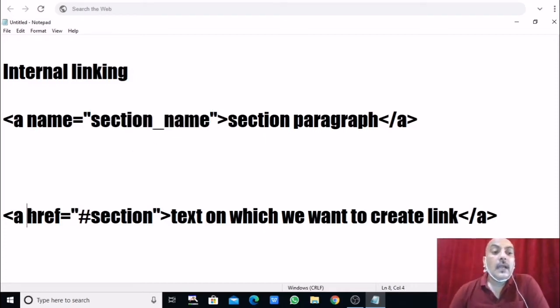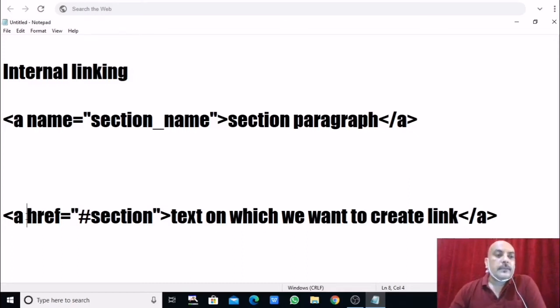Now see here, it's time to call this name with a hyperlink, so that anyone, you, me, or anyone, when clicking on that specific hyperlink text, this paragraph, this section will come, right? That means while creating the hyperlink we need to call this section. So how do we call this section name, how do we call this paragraph?